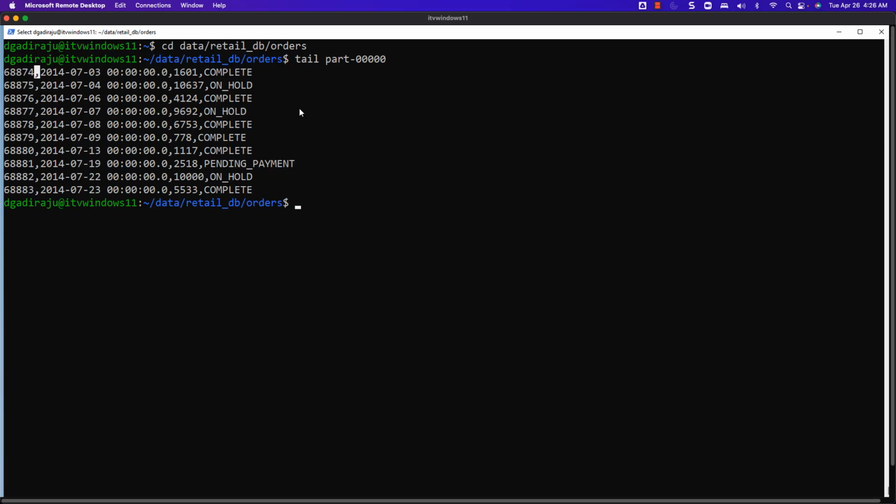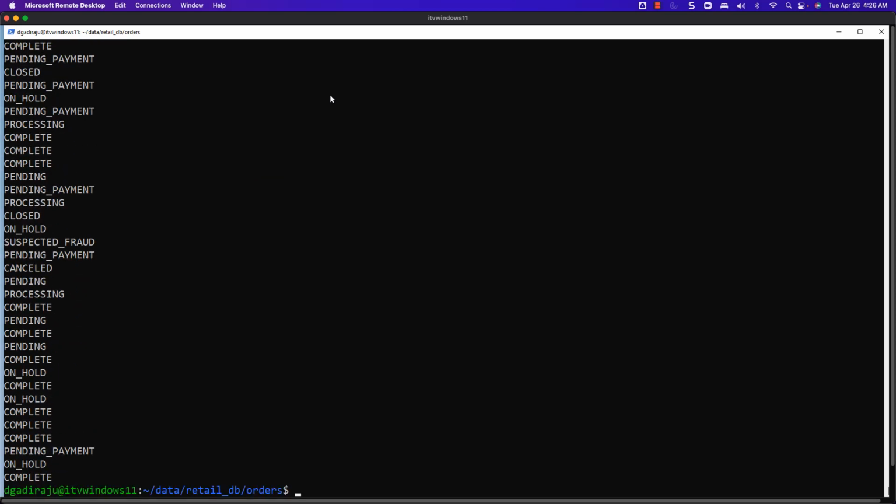When it comes to using cut to extract certain information from these lines or records, it will be like this. Let's say we would like to get the order status, which is nothing but this one. It is nothing but the 4th value in each line after separating by comma. The way you can actually extract order status is like this. You have to say cut, then -d for delimiter. Delimiter is nothing but a synonym for the separator. Then comma. In this case, comma is the delimiter. You can see the comma here. Then after separating each record with comma, we wanted to extract the 4th field, and hence -f for field, then 4. Then we should specify the file name, which is nothing but this one. Now you can actually see the